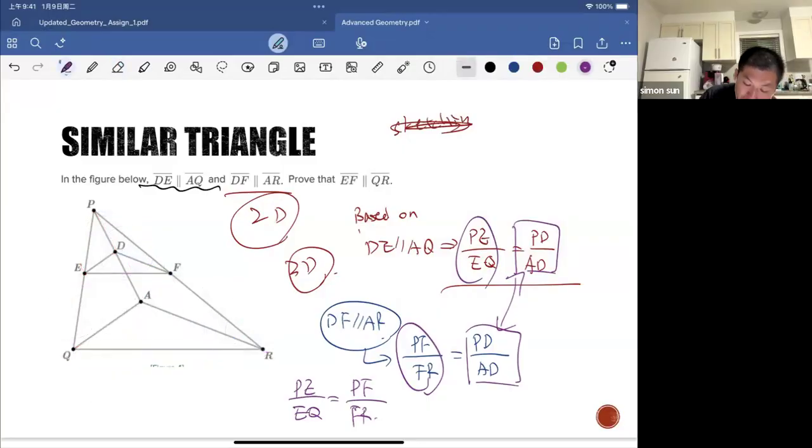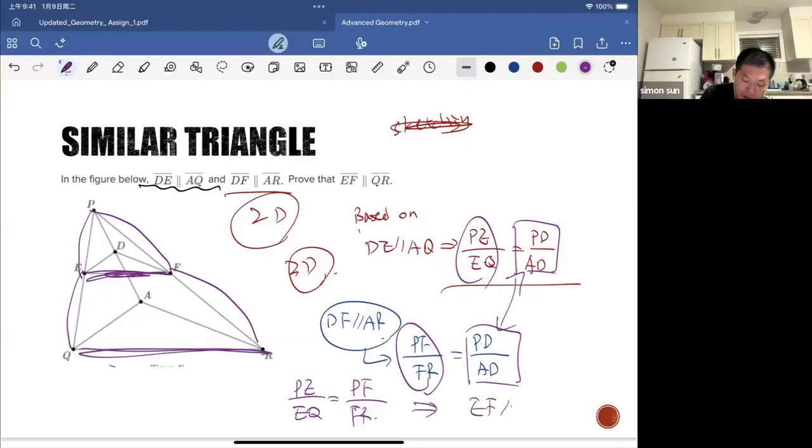Okay. What is PE over EQ? PE over EQ is equal to PF over ER. Okay, based on the converse proportional theorem, if the two other sides are divided into the same ratio, then the line will be parallel to the base. So we actually prove that EF is parallel to QR,